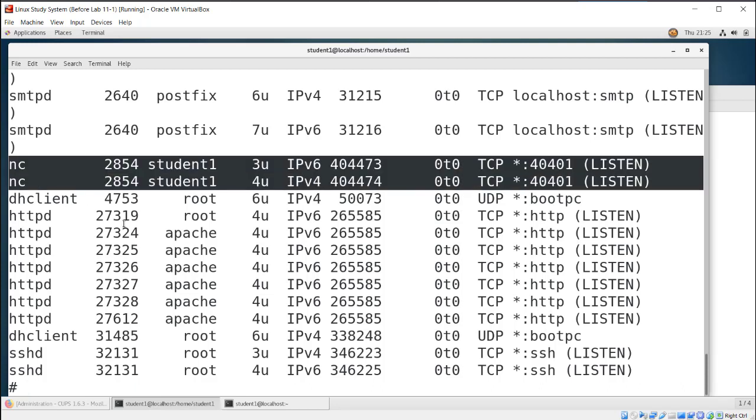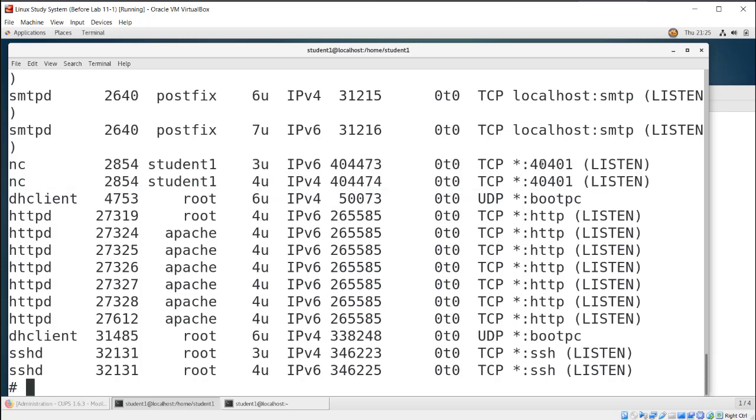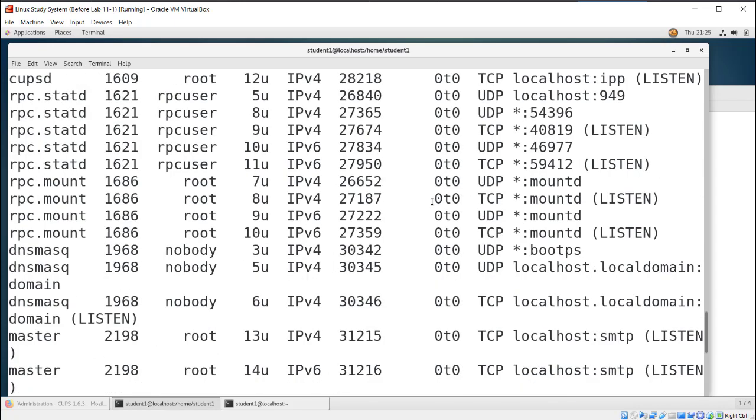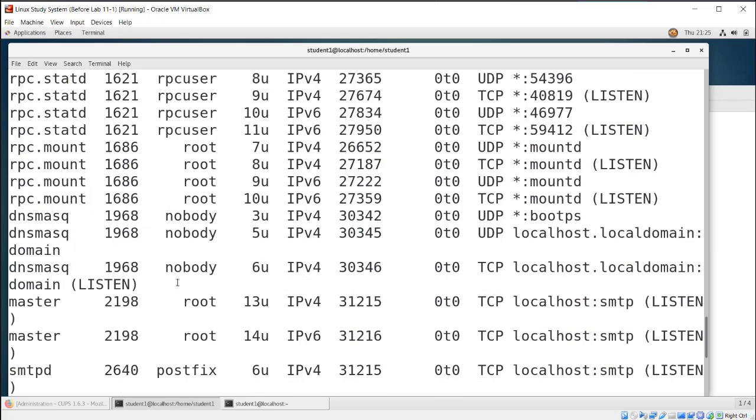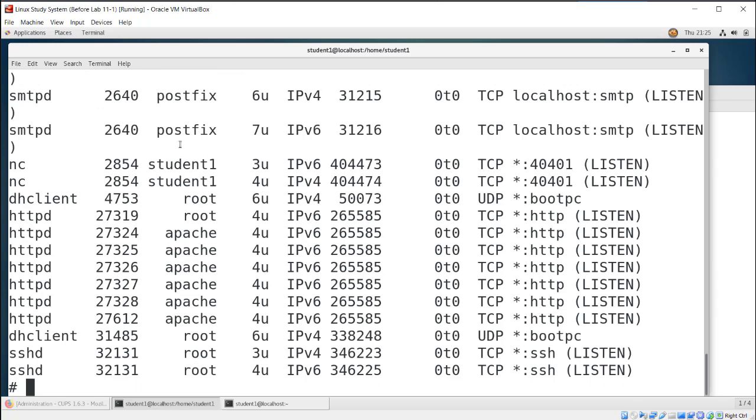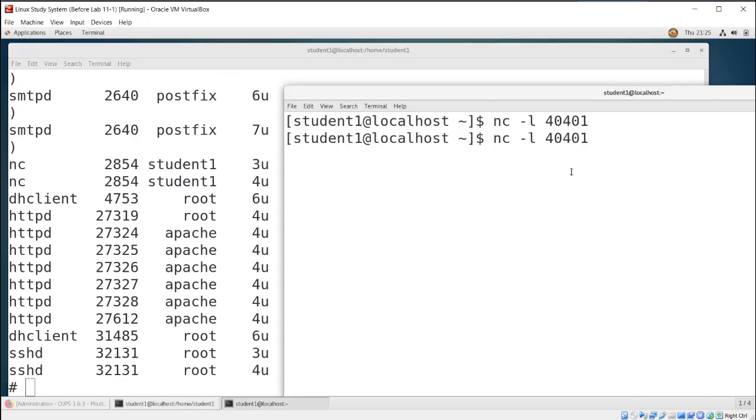Now what's nice about lsof, you can see the port number over here, and that is listening. All right, it's open port listening. And lsof will also show the process ID. So what I can do here, I can kill this program. If I want to kill the netcat program, I could go over here and just do Control-C to kill it